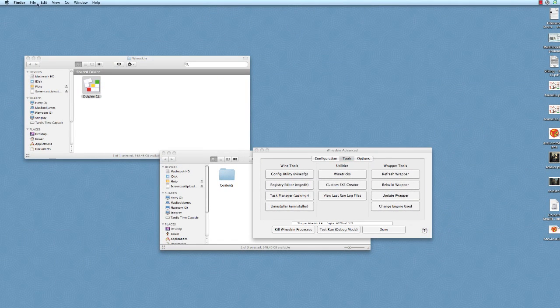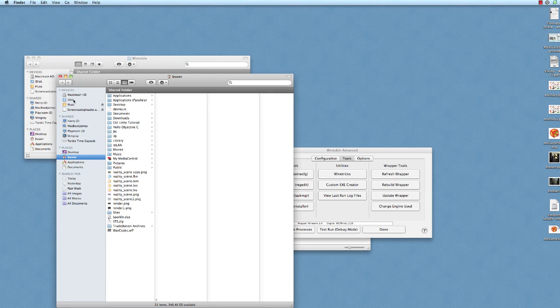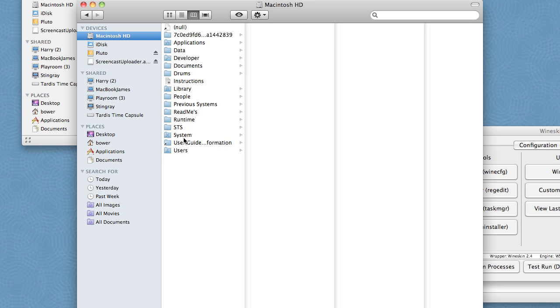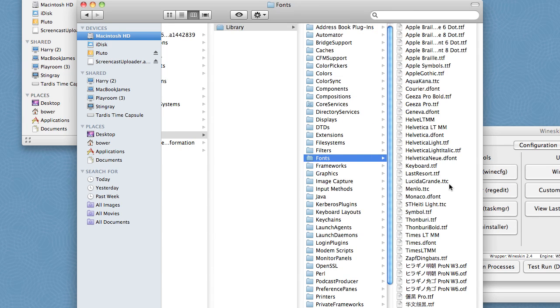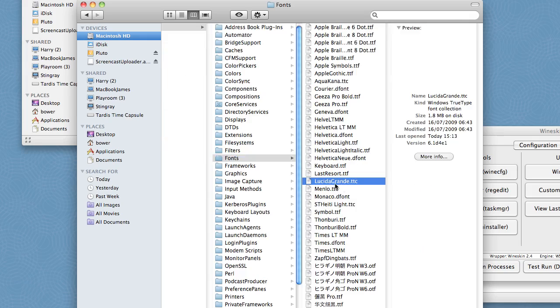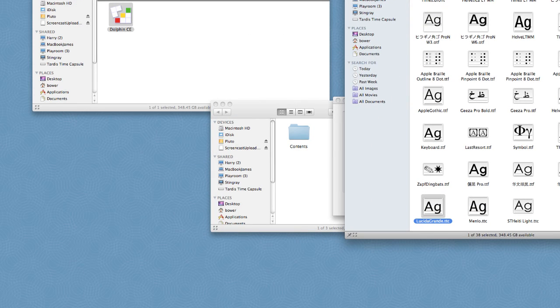We open a Finder window and we navigate to System, Library, Fonts. You'll see in here there's a font called Lucida Grande. Okay, and we can now make a copy of that and put it into our